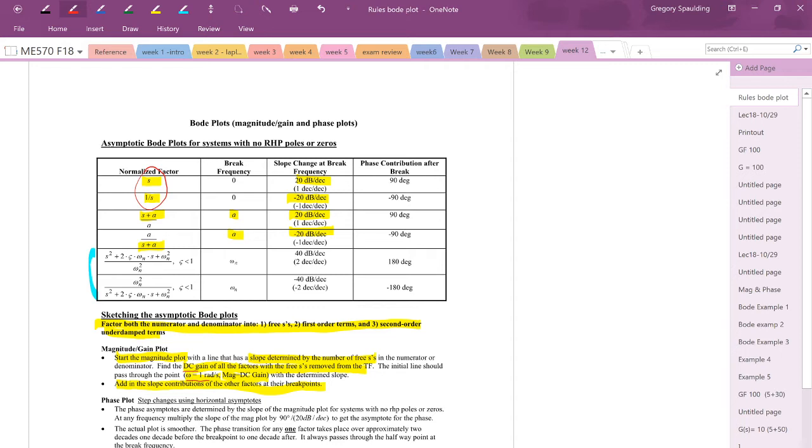If we have an s in the numerator, our initial slope is 20 dB per decade, sloping up. If we've got an s in the denominator, which is more common as a free integrator, then we're sloping down at minus 20 dB per decade. Okay, so in this case,